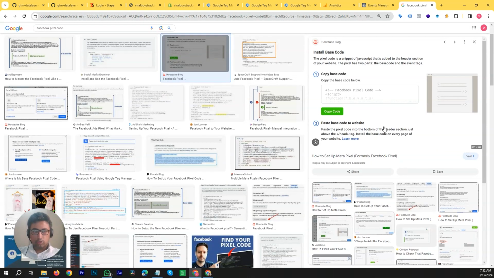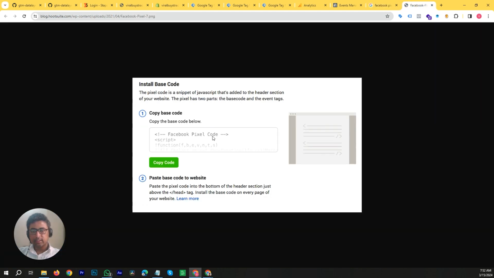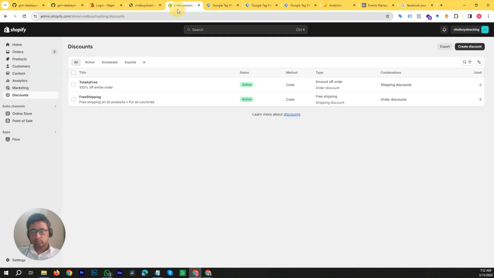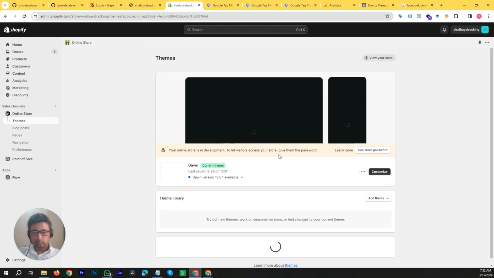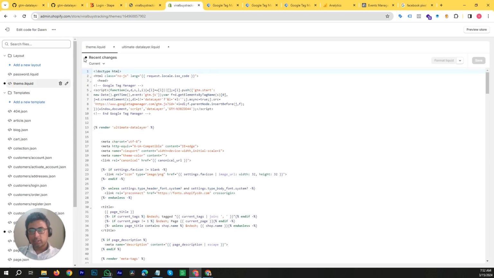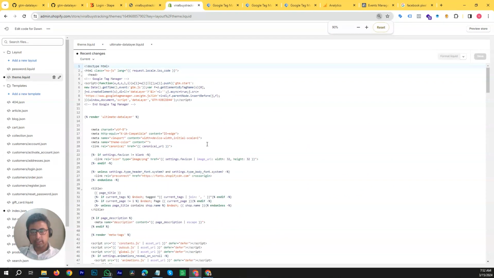So when you create a new pixel, an interface like this shows up, and you can just click on this button, copy the code, and paste it like I showed you in your Shopify admin's code editor. You just need to come to this theme.liquid file and paste your pixel code right after this opening head tag. But we're not going to use this traditional method because